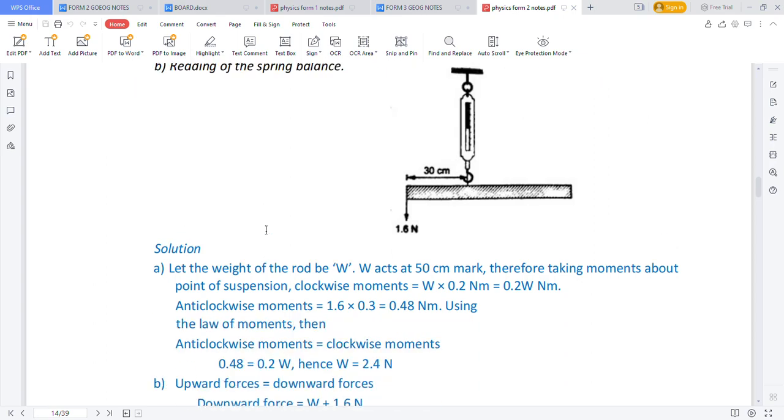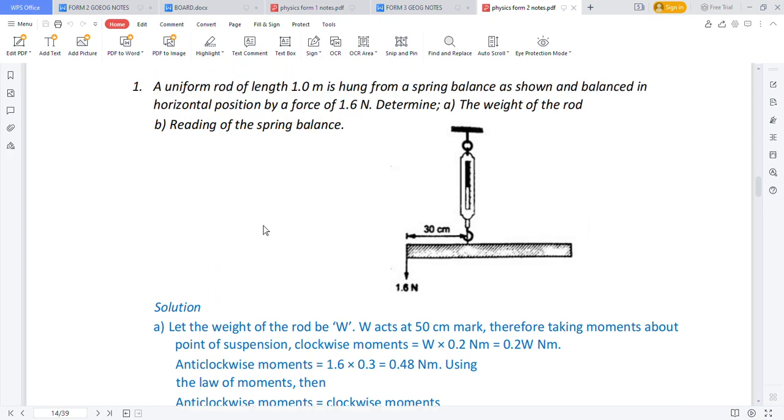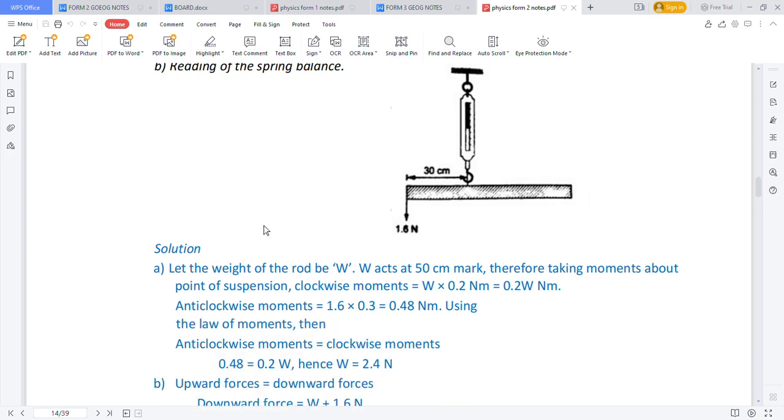So the first thing I want to say, let the weight of the rod be W. Weight acts at the 50 centimeters mark because we are told it is a meter rule. Remember, 1 meter is 100 centimeters. So weight acts at the center, the COG, which is 50 centimeters. Therefore, taking the moments about the point of suspension, clockwise moment is equal to W times 0.2 because already 30